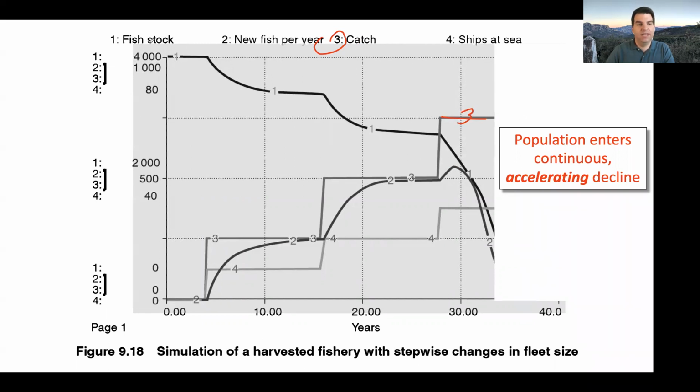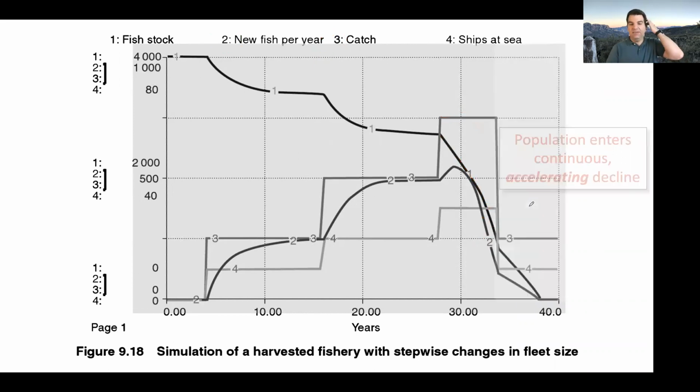It is above the regeneration rate, the new fish per year, that's line 2. And you can see that line 2 is beneath the catch, and it just gets lower and lower, farther and farther beneath the catch, and it causes the fish stock to decline more and more rapidly,